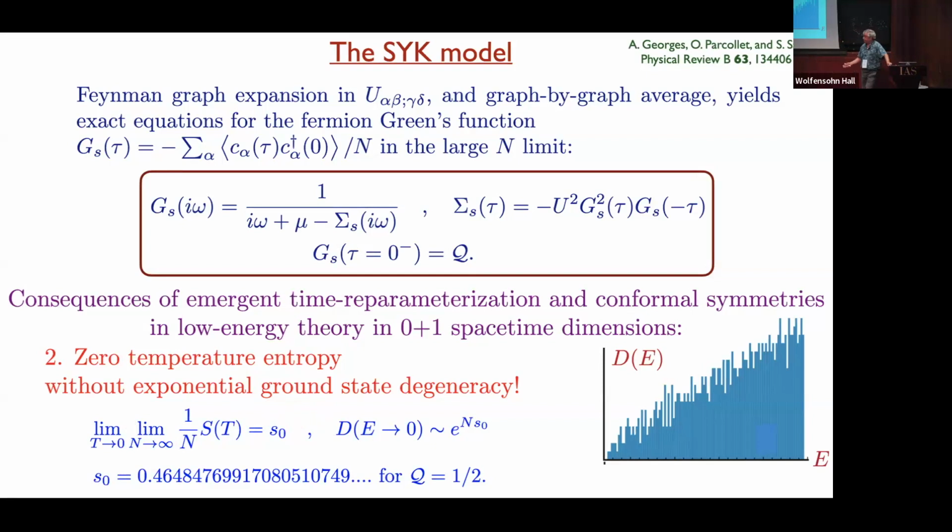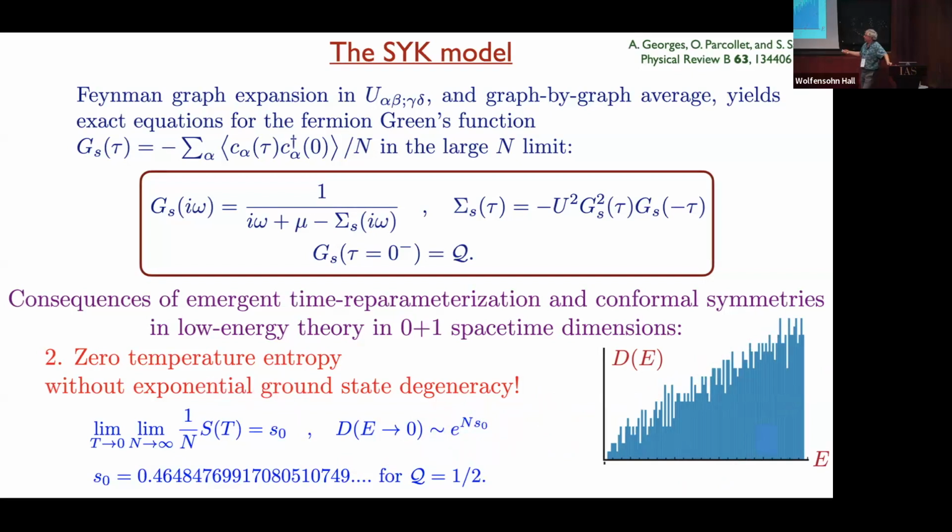That's not what happens here. The ground state is non-degenerate. I mean, maybe it has a degeneracy of 1 or 2, depending on certain symmetry classes. So the way it happens is that the density of low energy states, and here's a numerical plot of the density of states for all these states, is exponentially large down to essentially zero energy. And that's how you get an entropy. That's sufficient to give you a zero temperature entropy without a ground state degeneracy.